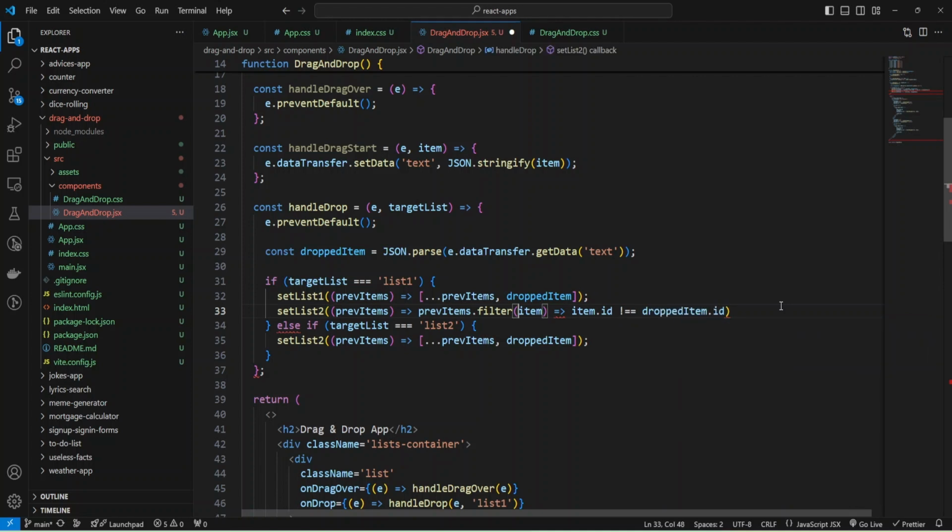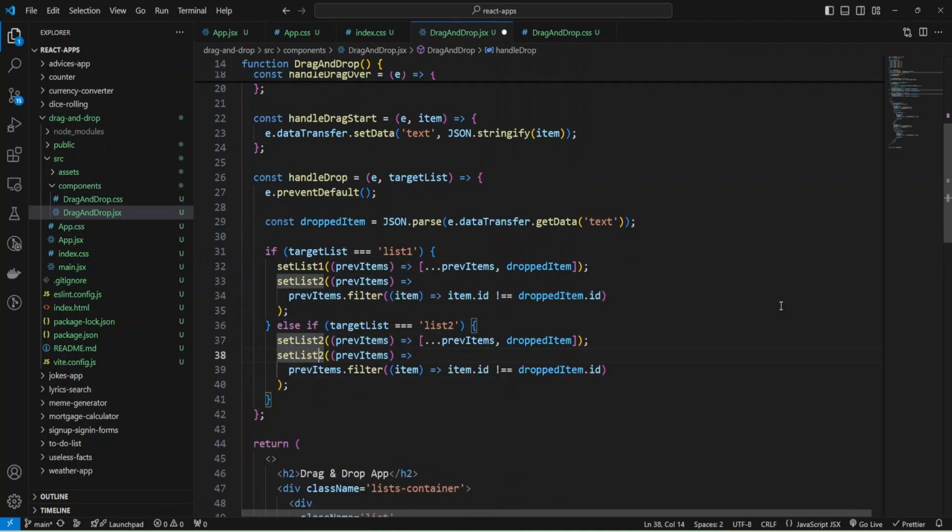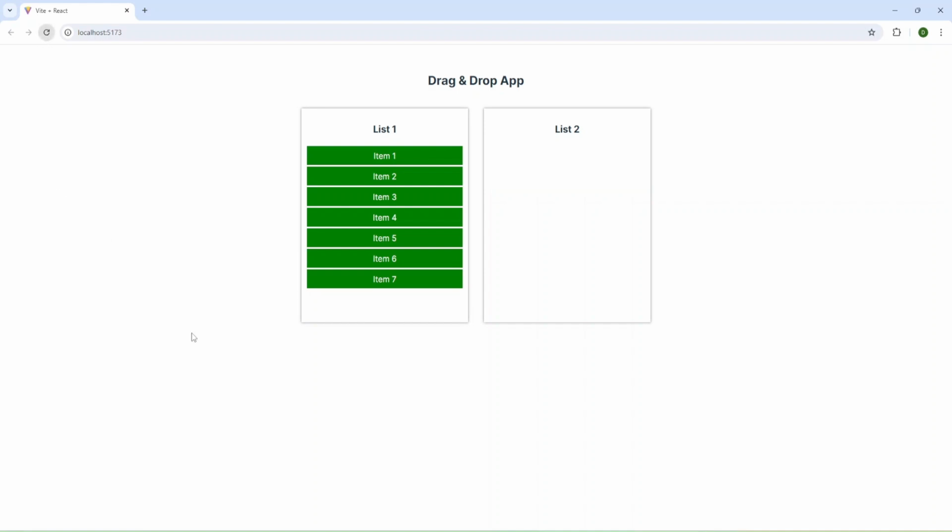Okay, and I need to add one more parenthesis. Okay, and for the list 2, I can set list 1. The same function, but we'll set list 1. And let's check what I have now. I'm going to refresh the page and drag item 3 and drop it into list 2.